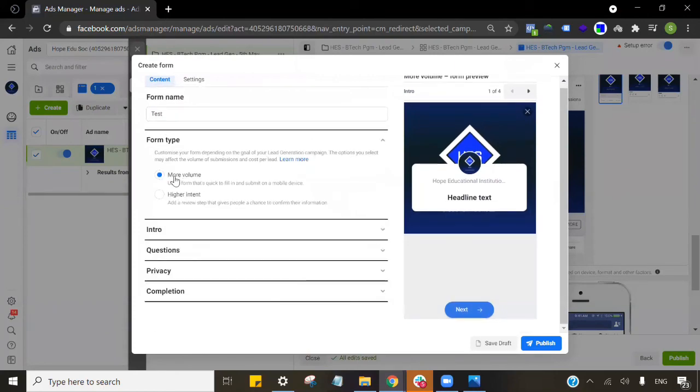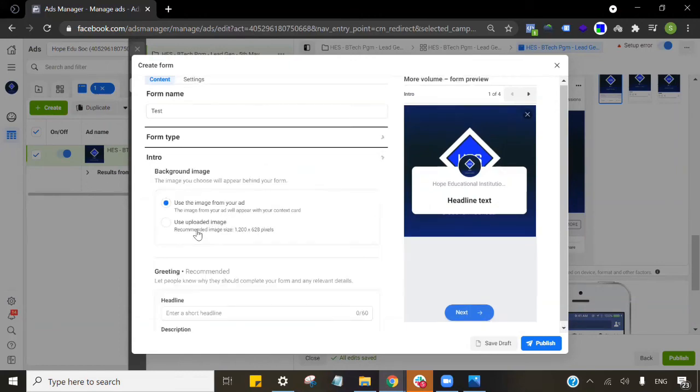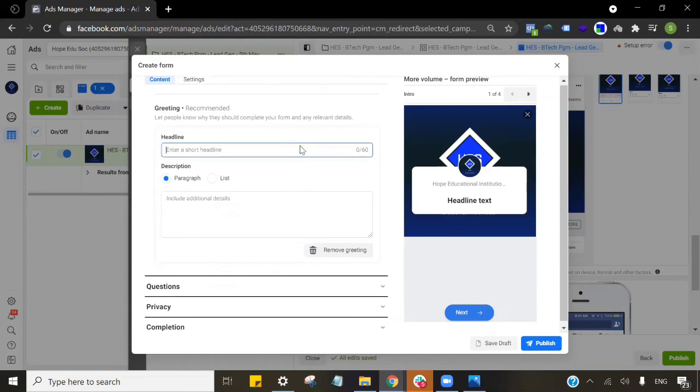The form type is more volume, not higher intent. The difference is that with more volume you tend to get more data. If you have only 3 questions like name, email and phone number, it is easy for people to fill in or just autofill and click yes. If you want to know more about the requirement which has higher intent, like if you want to understand what the parents are looking for, you can have additional questions as well. So I'm going ahead with more volume, and in the intro you can have a short line